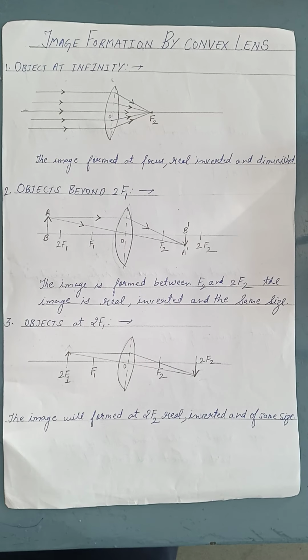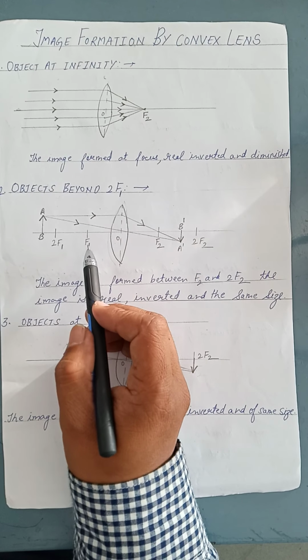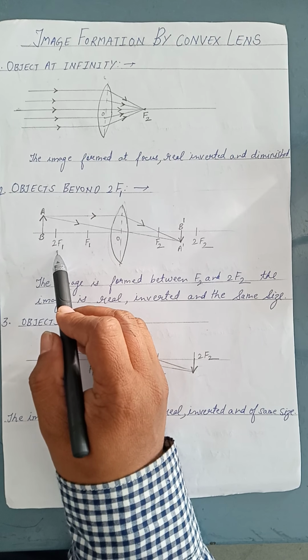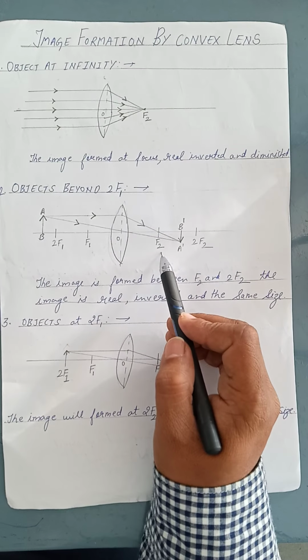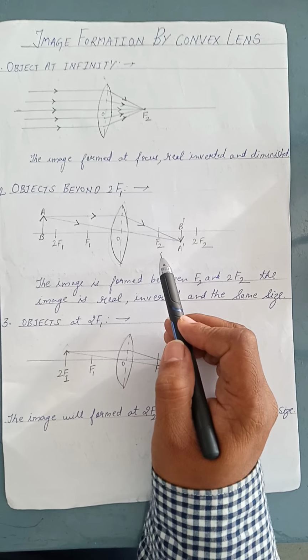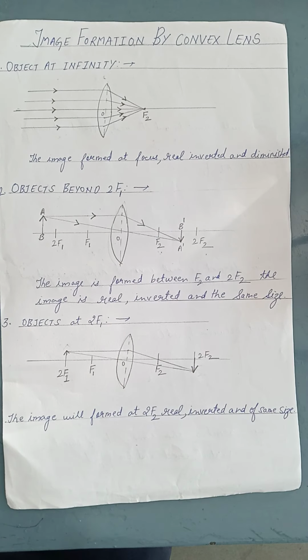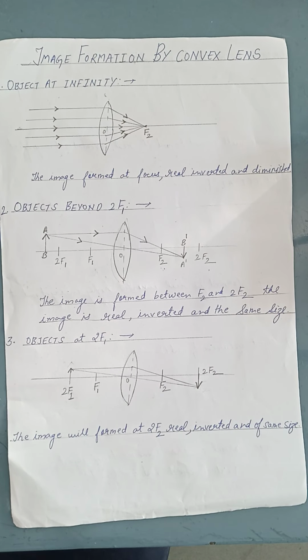Previously there were the focus and center of curvature, but here we will be studying the first principal focus f1, and the double is the center of curvature, which here will be 2f1. When the rays pass through, they will pass through the second focus, which is f2, and the double will be called 2f2. So we are studying the image formation by convex lens. Now we will discuss each ray diagram one by one, and we will study the position of object, position of image, and the nature of image.